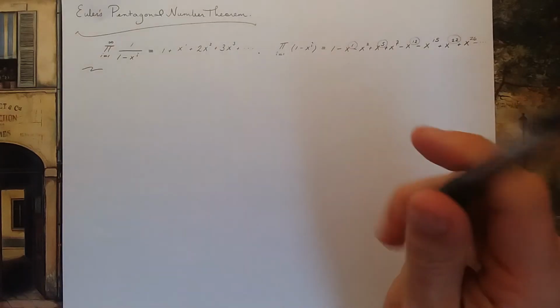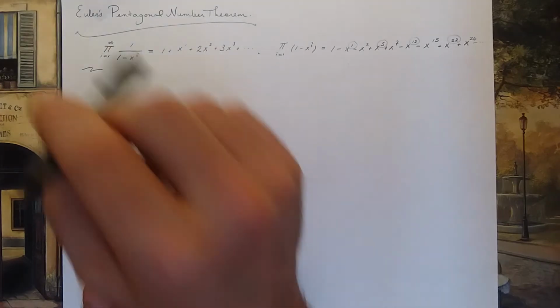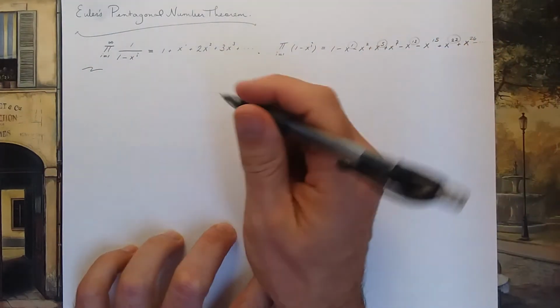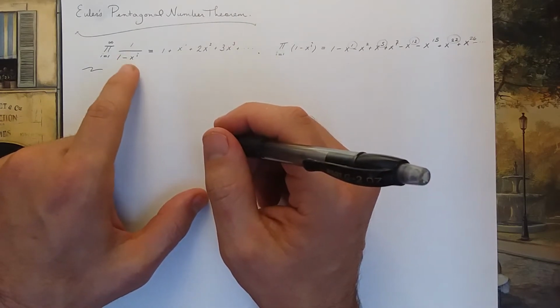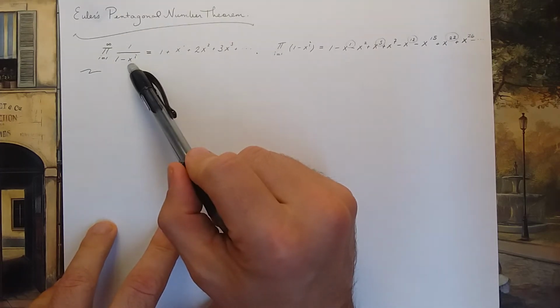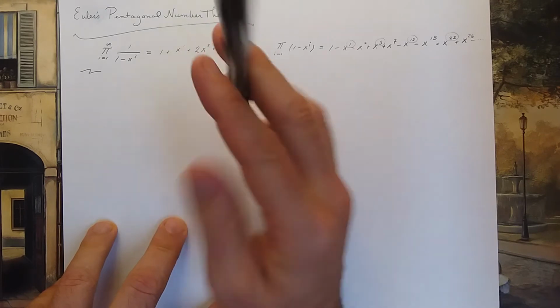The last video introduced the pentagonal numbers. This video introduces the amazing pentagonal number theorem due to Euler. So we've seen the integer partitions have this generating function. So if you expand this infinite product out as a series, you will get 1 plus 1x to the first